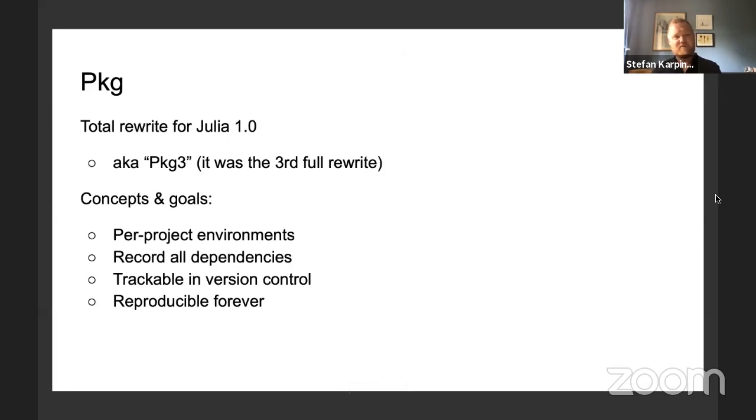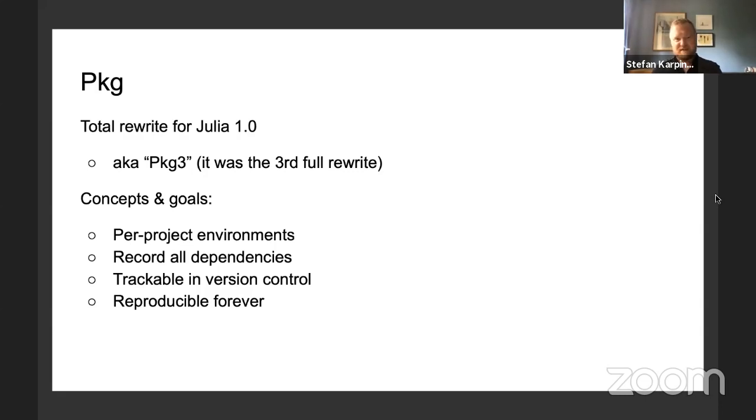So one of the big advances in Julia 1.0 was the package manager. There was a total rewrite, and we went from having a relatively run-of-the-mill package manager like what you'd find in Ruby or Perl or Python, although built in and standard. So that's an improvement over some of those systems. This was called Pkg 3. So if you ever see that, that's what it's referring to. Third generation rewrite of this.